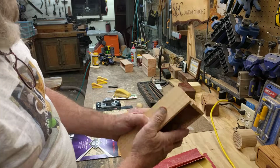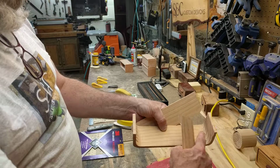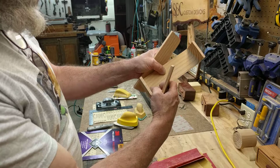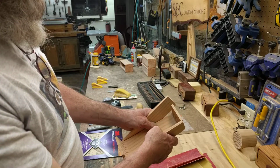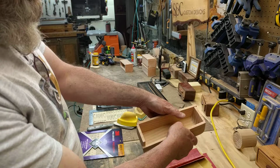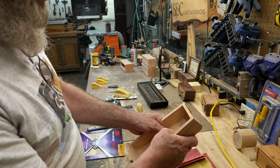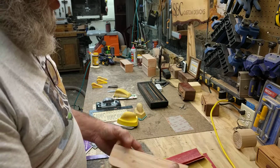So that's that. Now, once we get this glued up, obviously you want to sand this before you glue this up. Imagine trying to sand the inside of this once you have your sides on. That's another one of those gotchas. So get all that done now, and you can glue it up, and then you're good, okay? Now, once this is glued up,